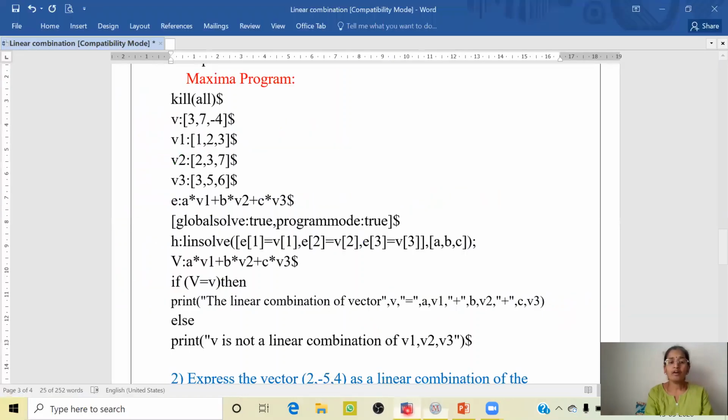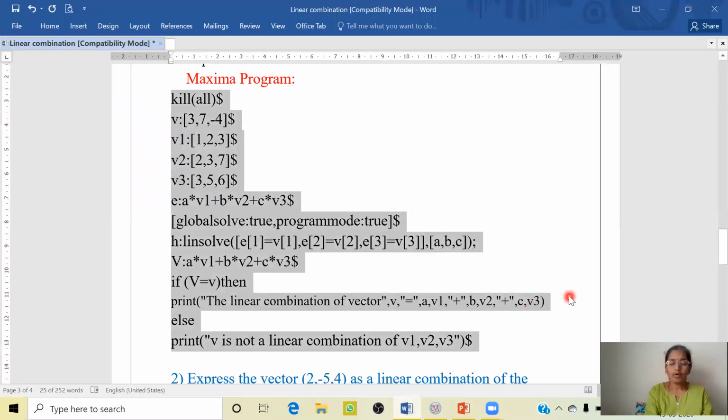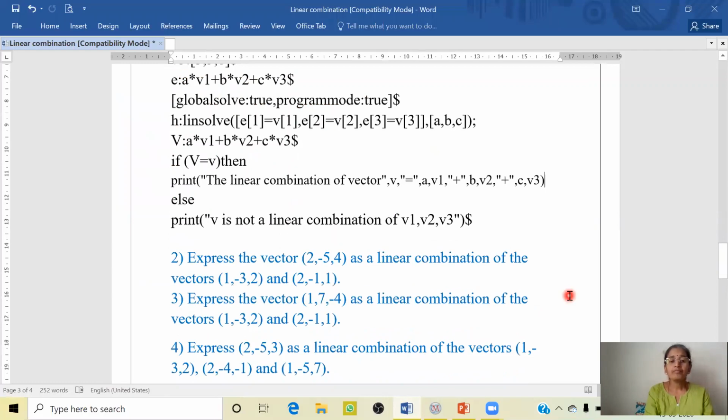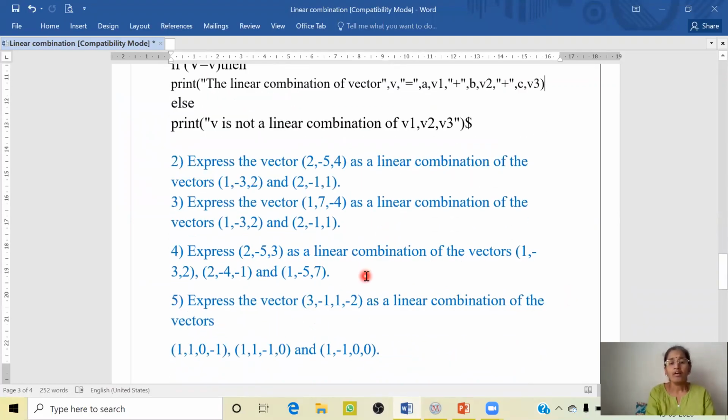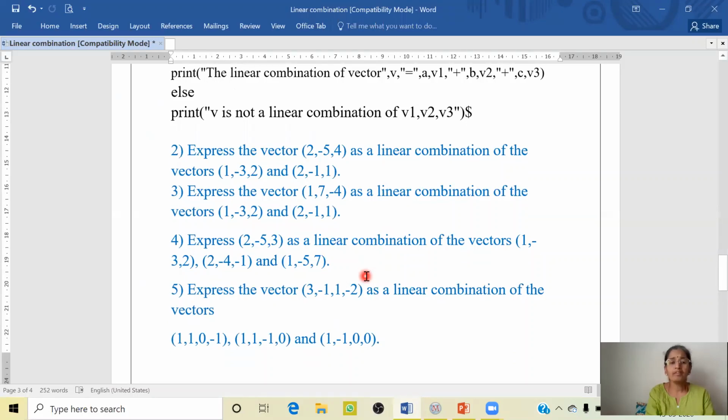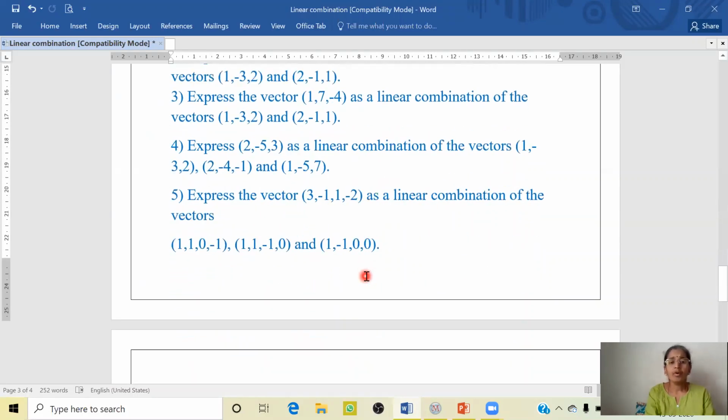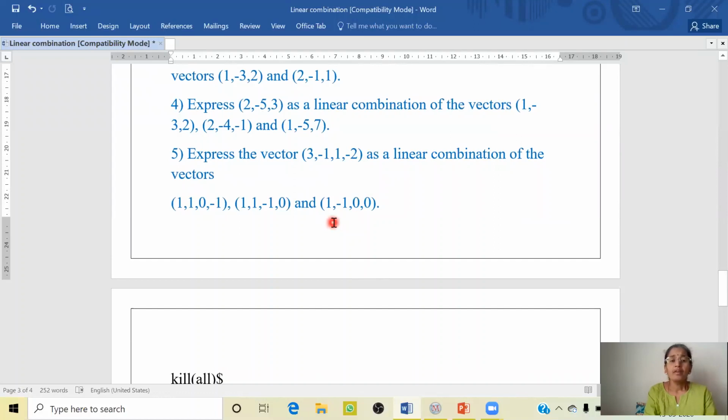Next, let us move on to one more problem, wherein the second problem, third, as well as the fourth are all similar to one another. So let us move on to this fifth problem. What is the difference between the first and the fifth? Here you have the quadruple. So we need to express this quadruple as a linear combination of these three quadruples.